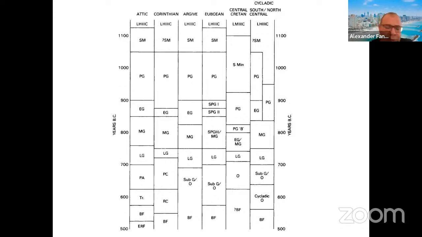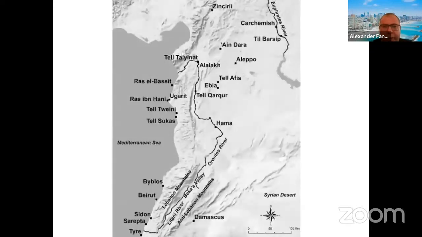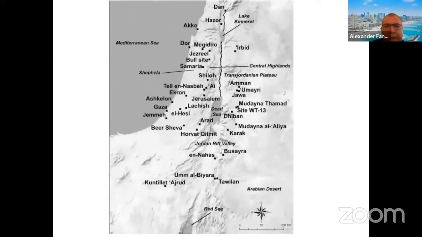When Coldstream, and before him Desborough and others, tried to work out this chronological scheme, as is well known, they were forced to turn to the Levant, to the Northern Levant and to the Southern Levant, in order to get some reliable dates. Otherwise, it was impossible to tie this relative Greek sequence to absolute dates. From the Northern Levant, Coldstream had a certain amount of information from Tell Chama, but mostly he based his